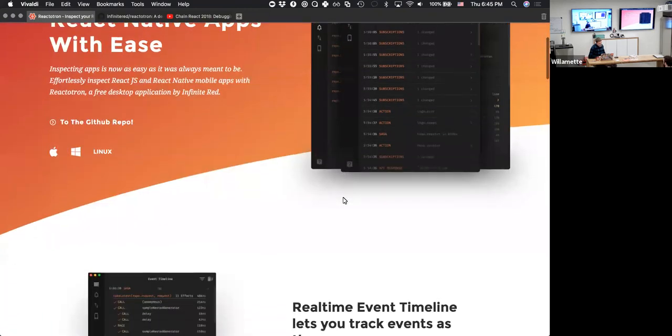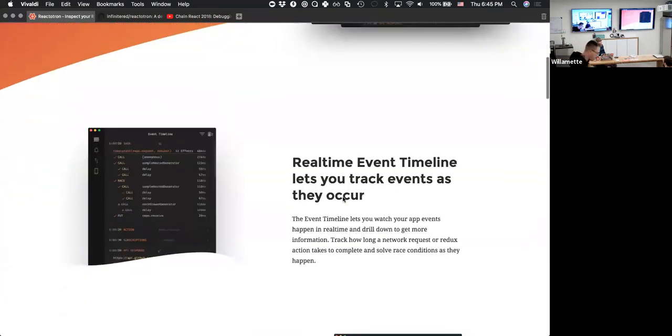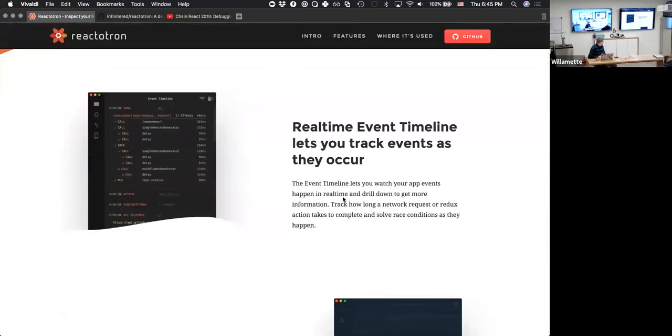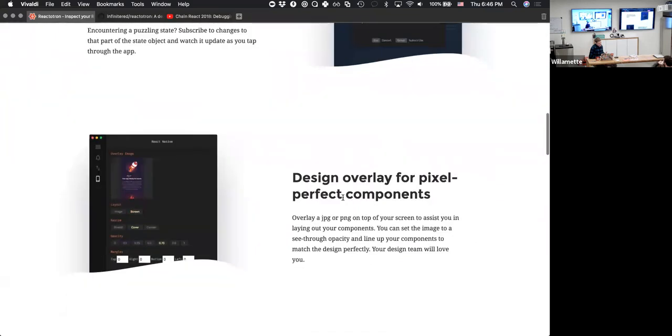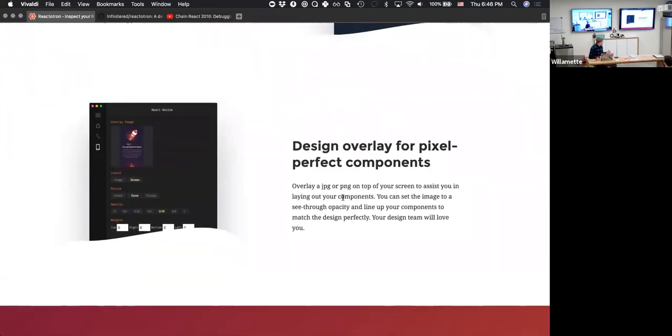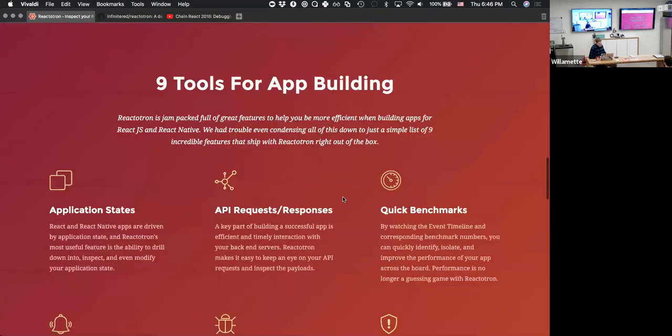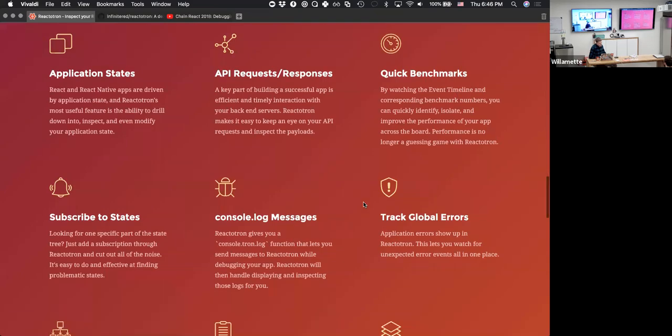It is a tool that gives us a lot of extra functionality for inspecting things like Redux Sagas, like API requests. We can subscribe to state. There's cool features in it that we use a little bit less often, but are awesome too, like the image overlays and benchmarking and stuff like that. So